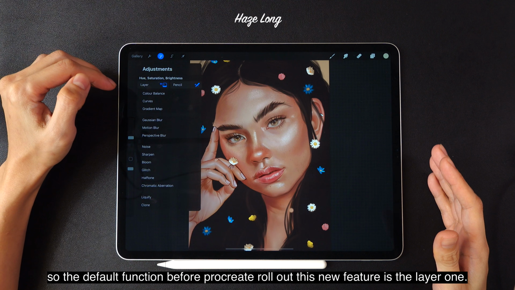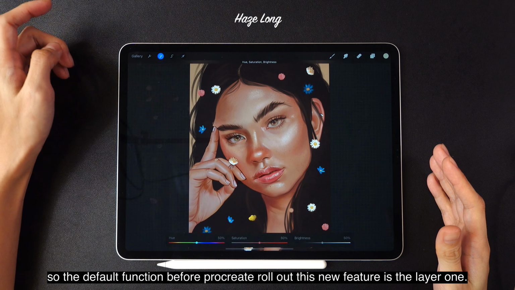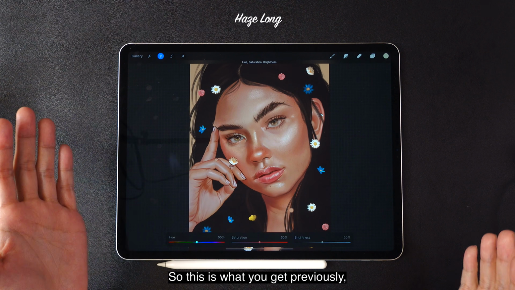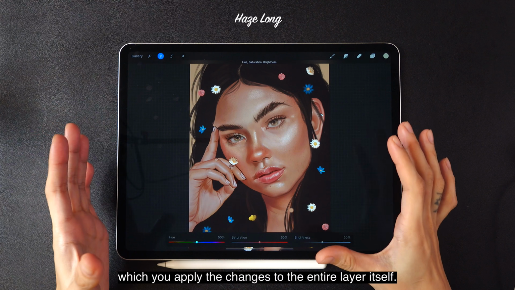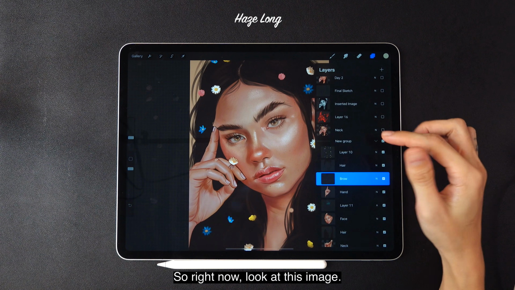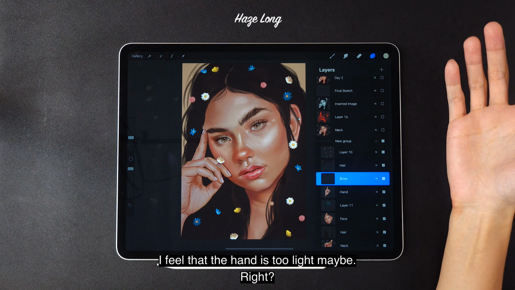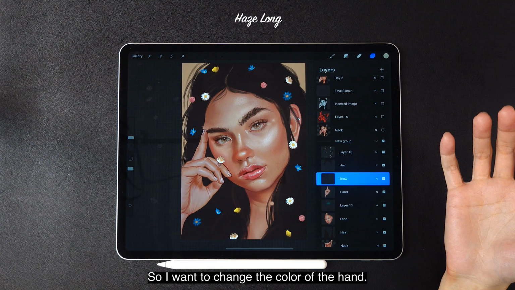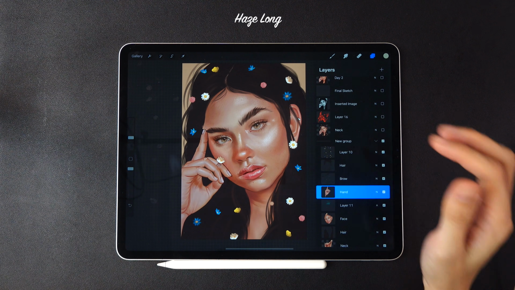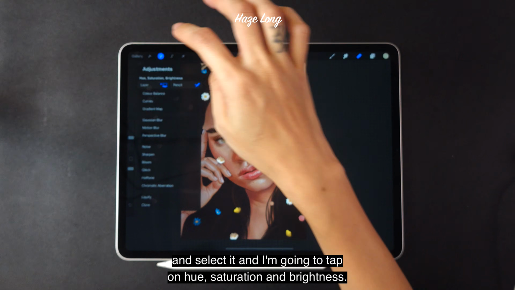So the default function before Procreate rolled out this new feature is the layer one. This is what you got previously, where you apply the changes to the entire layer itself. So right now, look at this image. I feel that the hand is too light, maybe, right? So I want to change the color of the hand. The hand is not the correct color. So I'm going to tap the hand layer and select it, and I'm going to tap on hue, saturation and